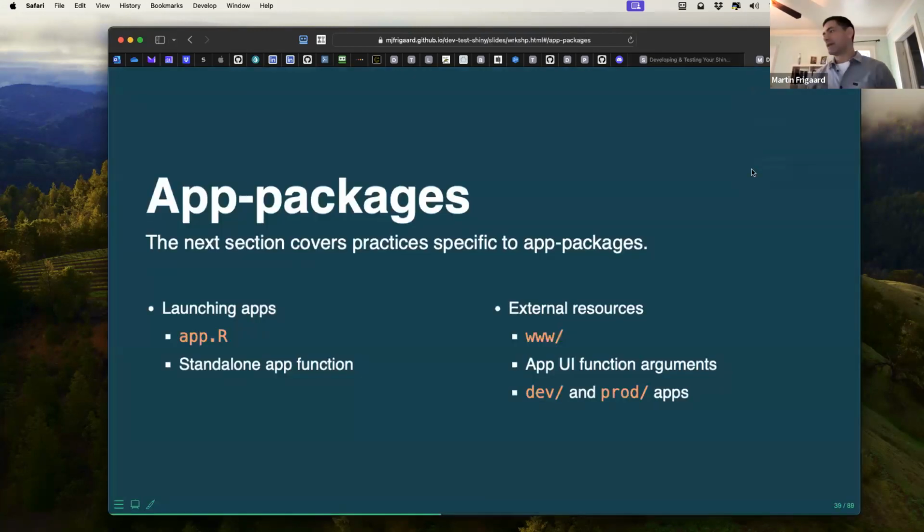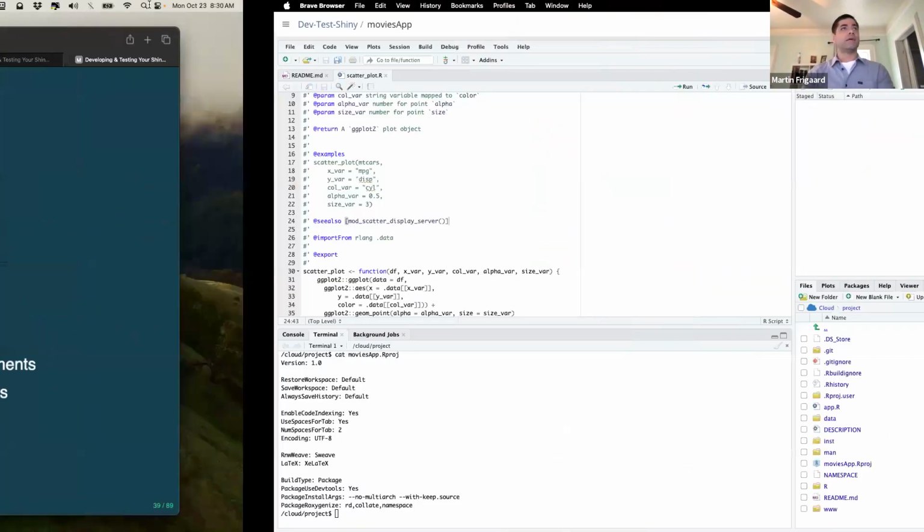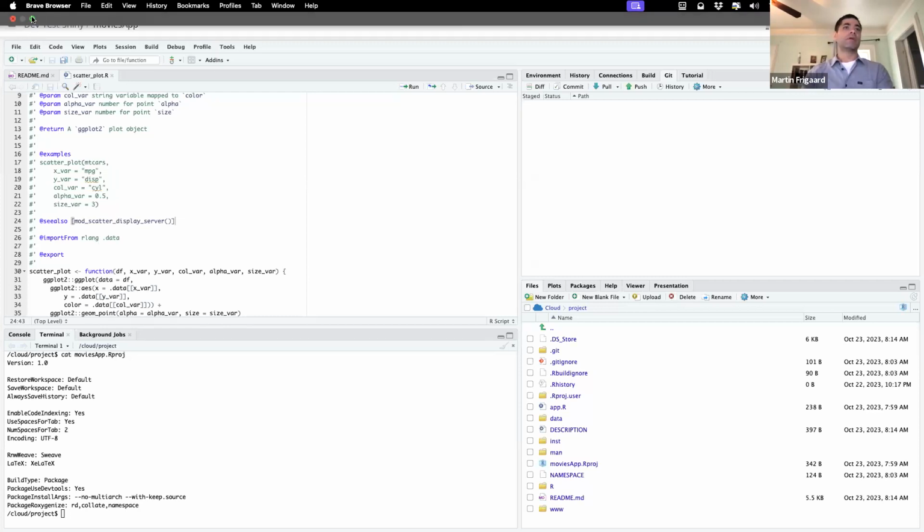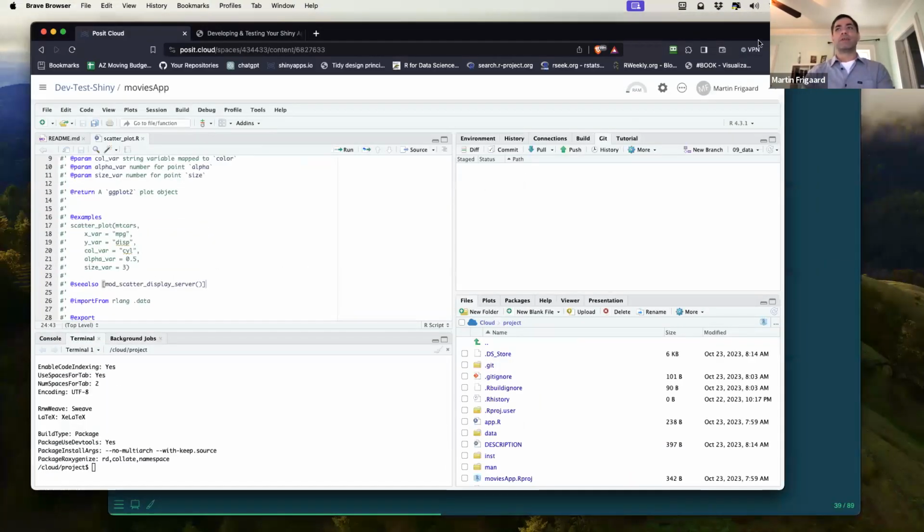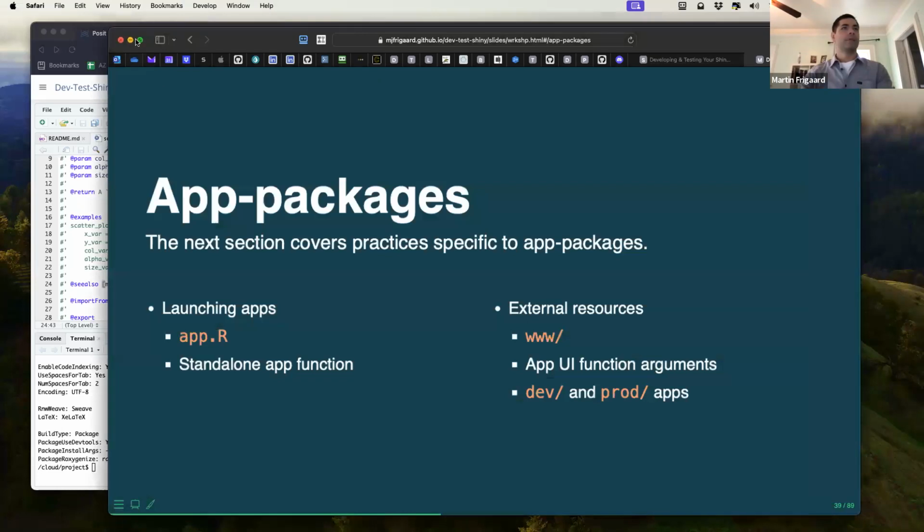All right, so jumping back into app packages. In this section, we're going to cover the specific components of your new app package, what makes Shiny app packages a little bit different than R packages, and also how we can leverage the architecture of an R package to develop our